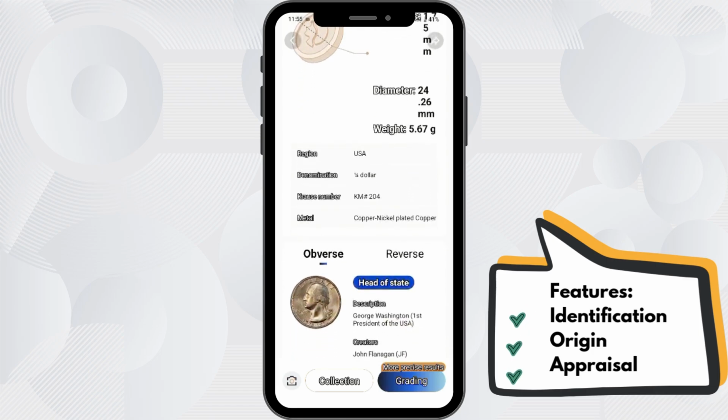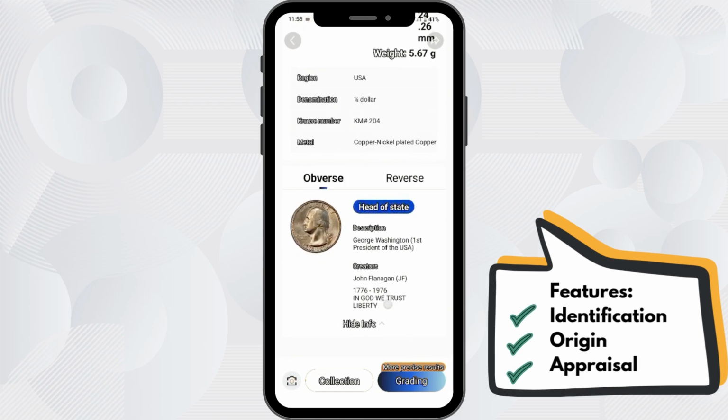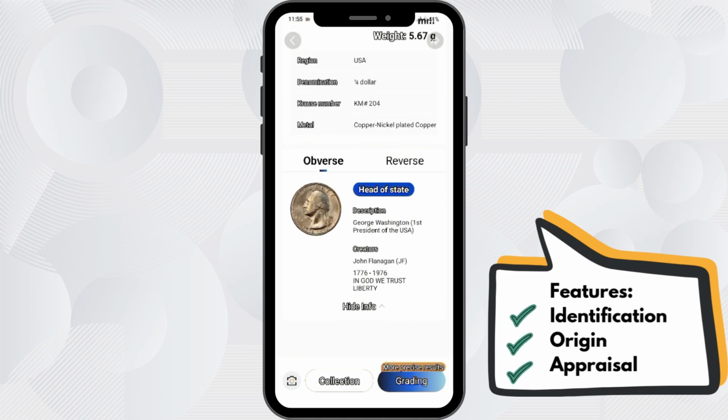And then the kind of metal used for this coin. For this coin, it is stated here, nickel plated copper. Okay? And the hero honored in this coin is George Washington.